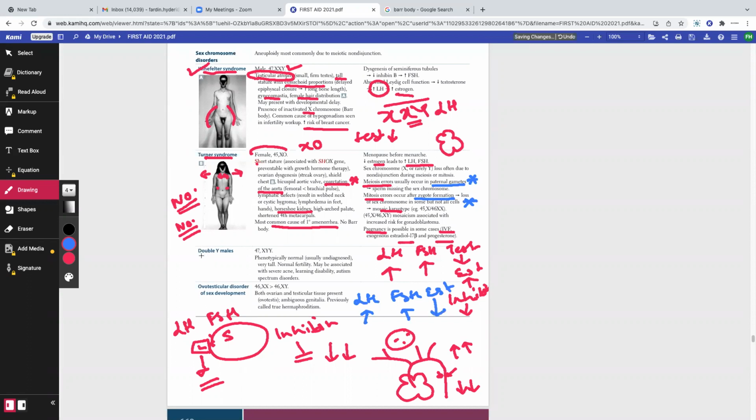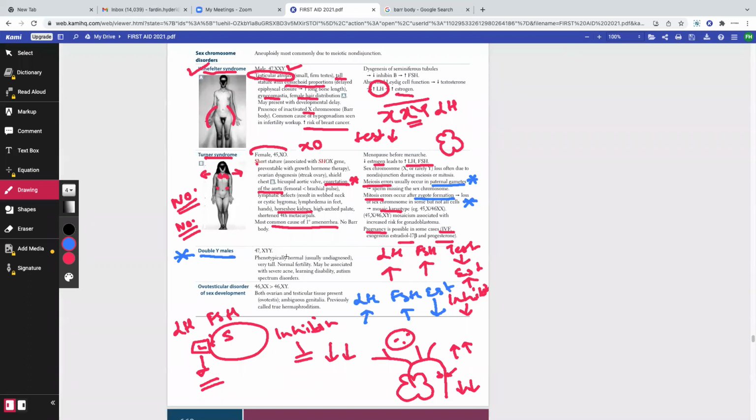Okay. Next one is a double Y male. Double Y males are not important for your exam. But let's still understand what this is. This is simply, instead of receiving one Y chromosome, they have two Y chromosomes. The problem is that if they have two Y chromosomes, do they have more chances of developing male secondary sexual characteristics a bit faster? Yes or no? The answer is yes. Why? Because there's another Y chromosome, and Y chromosomes carry the SRY gene. SRY genes are directly responsible for the initiation of testosterone production.